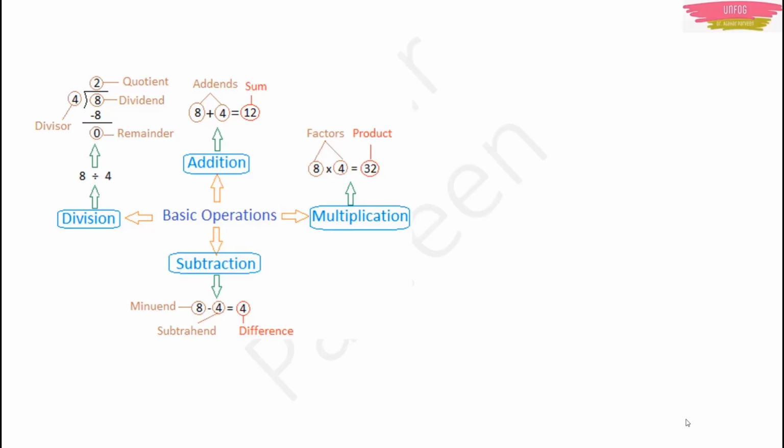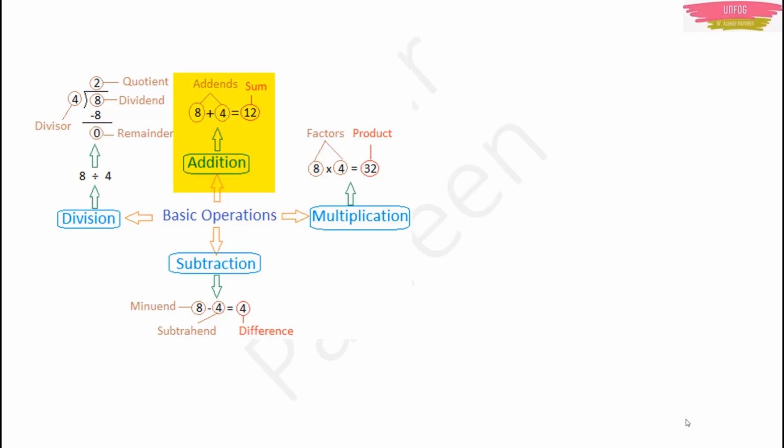Now let's talk about the basic operations. This is very simple actually. We all know, but my motto is that we can throw a little light and recall many things which we already know. I don't want to skip topics. Just have a glance and then we can move on. So what are the basic operations of arithmetic? They are addition, subtraction, multiplication and division.